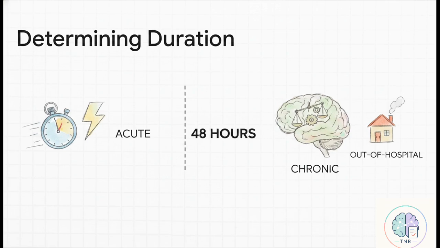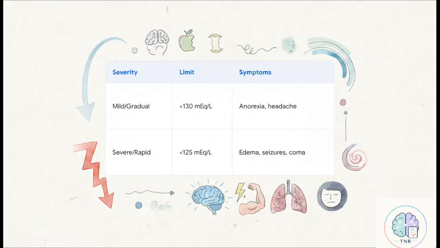Why? Because after 48 hours, the brain has already begun enacting these slow, compensatory mechanisms to adapt to the lower sodium environment. Interestingly enough, out-of-hospital occurrences are usually chronic and largely asymptomatic, with just a few notable exceptions like marathon runners or MDMA users. Notice how dramatically these symptoms scale up based on severity. In milder gradual cases, usually under 130, you see vague stuff: anorexia, a headache, difficulty concentrating, maybe some irritability, dysgeusia,